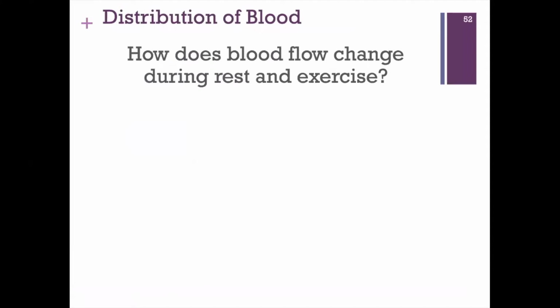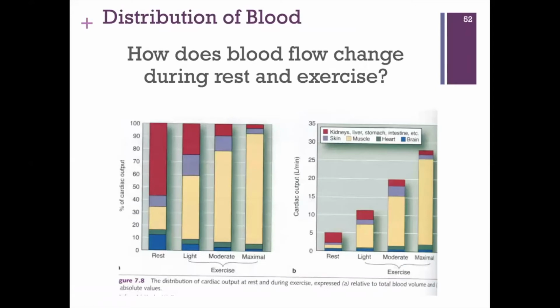So, how does blood flow change during rest and exercise? We just took another look at it, but we're going to look at it in a different set of graphs to give you a pictured representation of it. So, here we are moving from rest to light exercise to moderate exercise to maximal exercise. And this is looking at the percentage of our cardiac output. This is the same graph over here, but instead of the percentage, it's actually the volume of it,